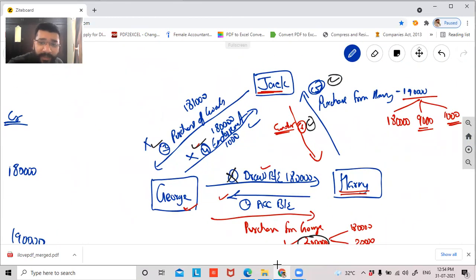Now in the sixth transaction, guys, Jack is endorsing the bill. What is the endorsed bill worth? The bill is worth 1,80,000. So out of 1,90,000 rupees which Jack has to pay, he is giving 1,80,000 in the form of bills of exchange, which means the remaining 10,000 is supposed to be settled in cash or bank. But how much is he settling? He's settling only 9,000 rupees, which means 1,000 rupees is a discount gained by Jack. If discount is gained by Jack, can I say it is a discount given by Harry?